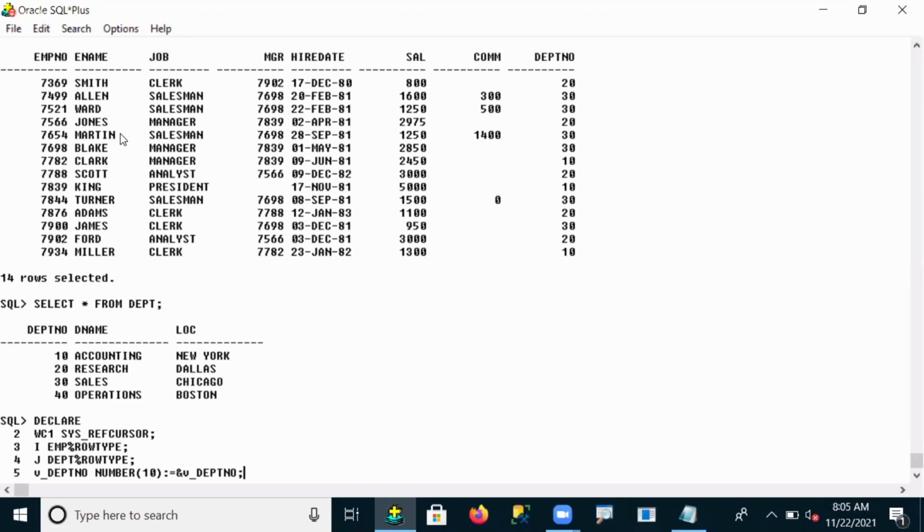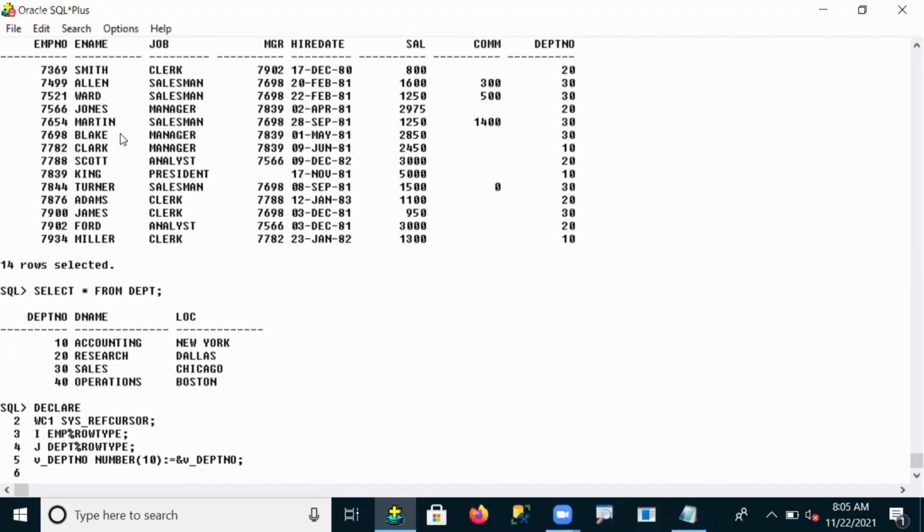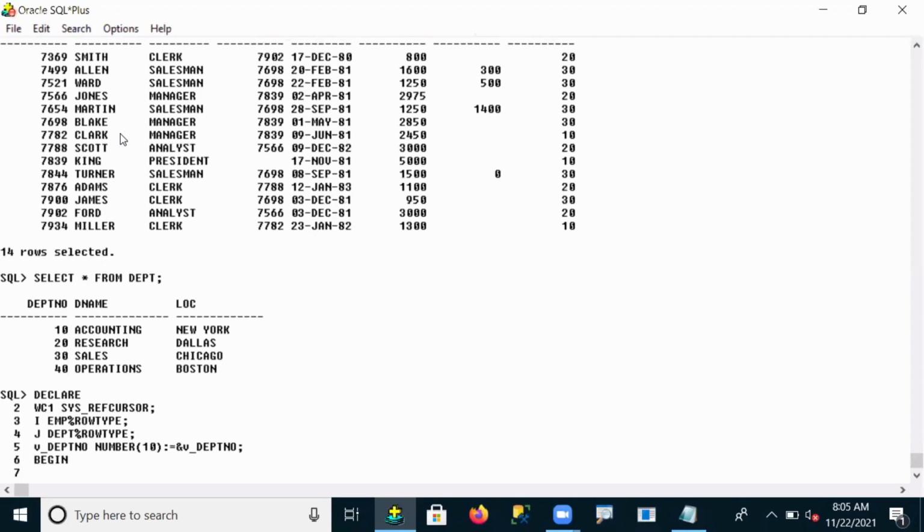Now these are the declaration part. After declaring, you go to your execution block, the BEGIN statement. In the execution block, based on the department number the user has given in the condition, I want to retrieve the data from the particular table.